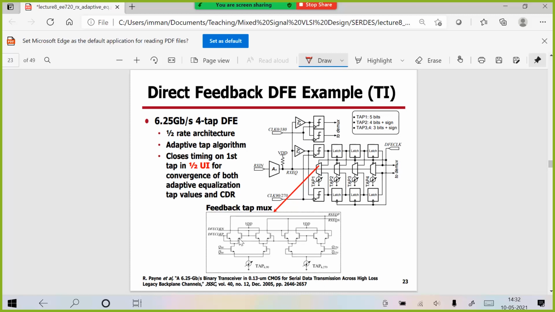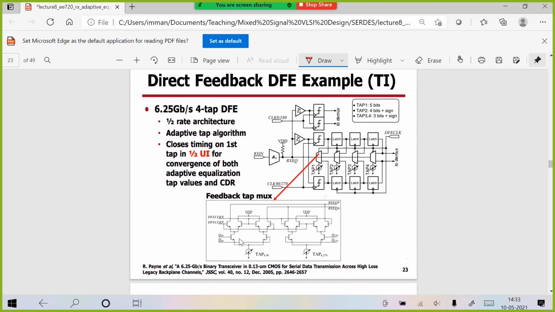So you have the latch, sorry, comparator, and then it is immediately going into your tap. You have your mux, and then you go to the next latch, again this mux, next latch again. So delay, multiply, and add. Okay, so that's what they have done here, and then it goes and adds to the RX equal. So this is one way of implementing.